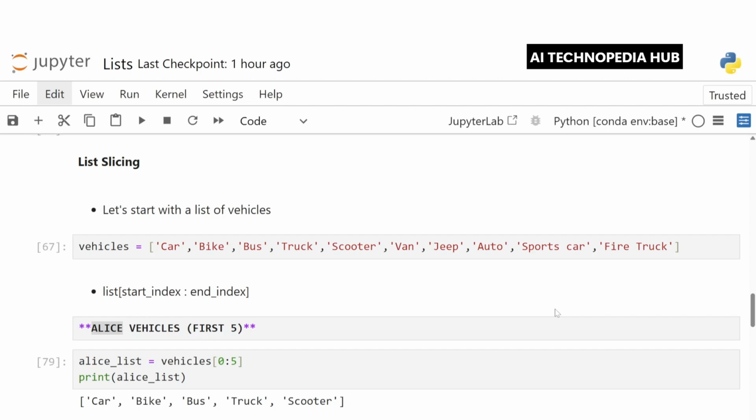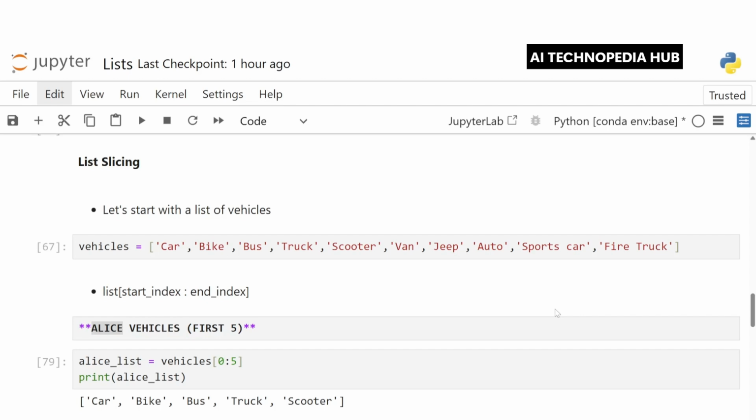If you've already learned how slicing works with strings, you'll be happy to know that list slicing uses the same rules. So let's start with the example of a list of vehicles. Here you see vehicles, and we have added car, bike, bus, truck, scooter, van, jeep, etc. as the list elements.